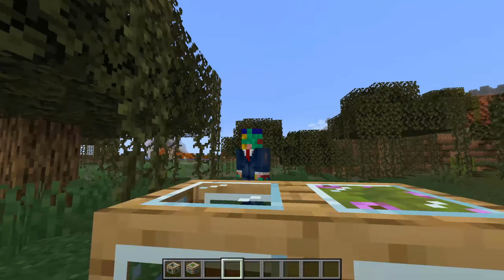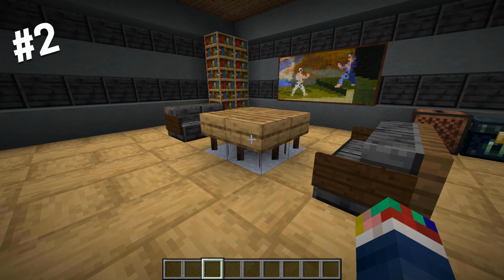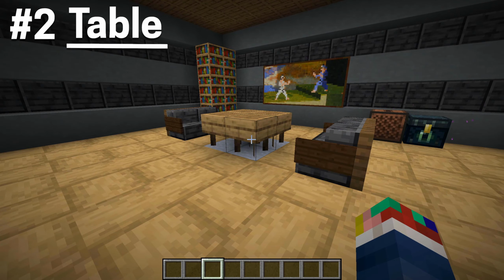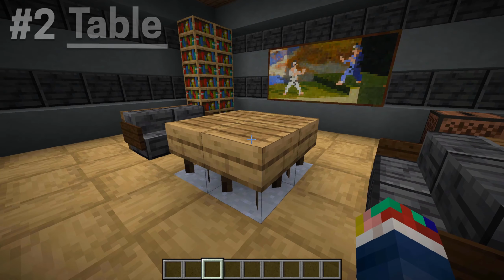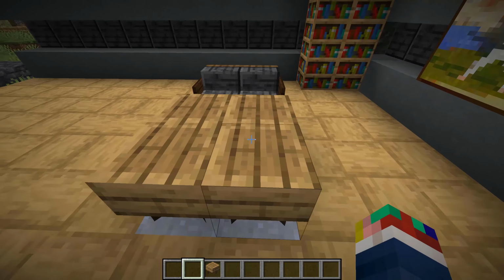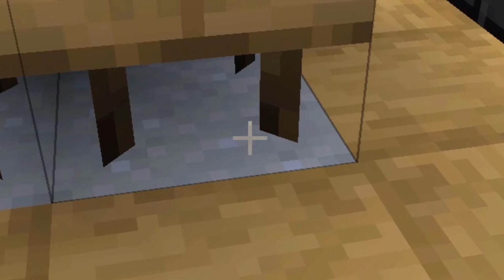And speaking of a table, we're gonna go ahead and jump straight on to number 2. This is the vanilla Minecraft table block. It actually looks like it came from a mod, but it's not. It's just a retextured Azalea bush, and it looks very convincing. As you can see, it is almost like a half slab, but also supported by these little feet down here,